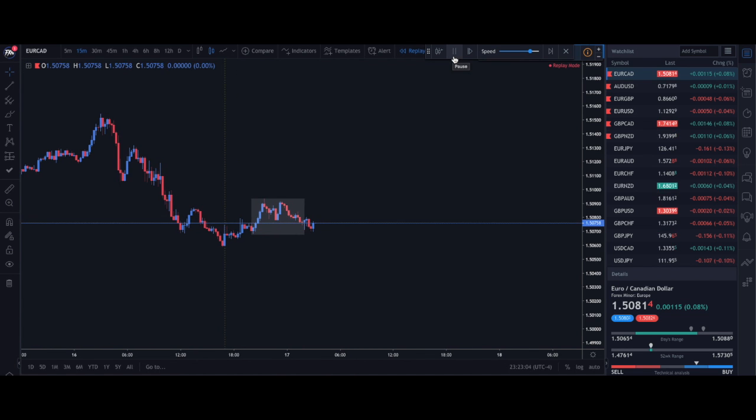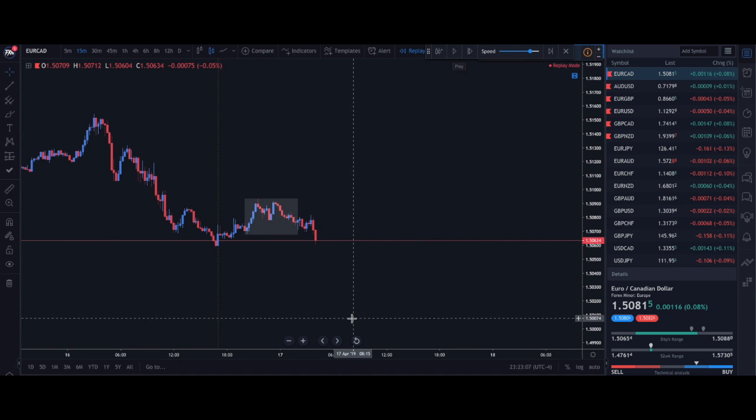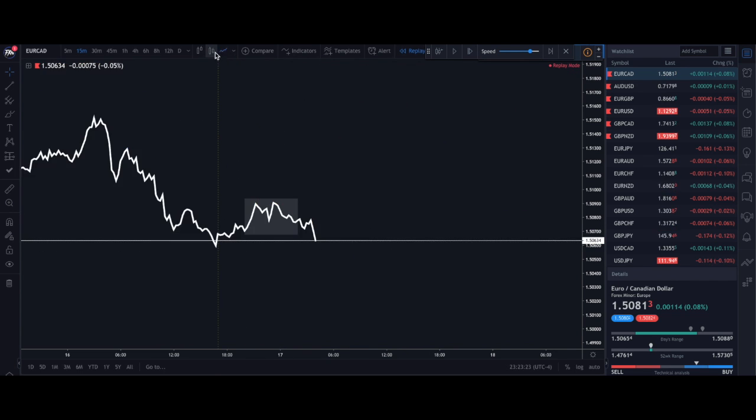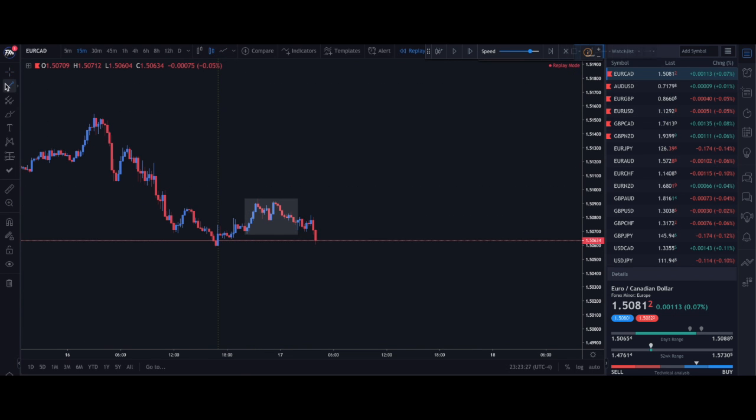As you can see here, Asian session is going, and after the Asian session, price was moving back and forth right at the lower half of the Asian range. When I was toggling between the line chart and the regular bar chart, I was essentially seeing a type 3 setup. Price came down, came back up, came back down, came back up again, and then started to come down like that. That was essentially the pattern that I was trading for EURGBP